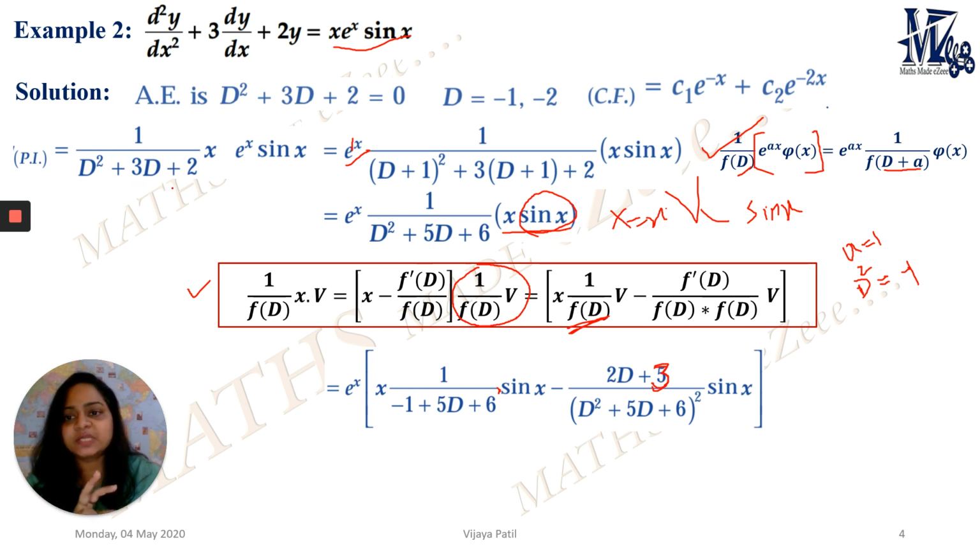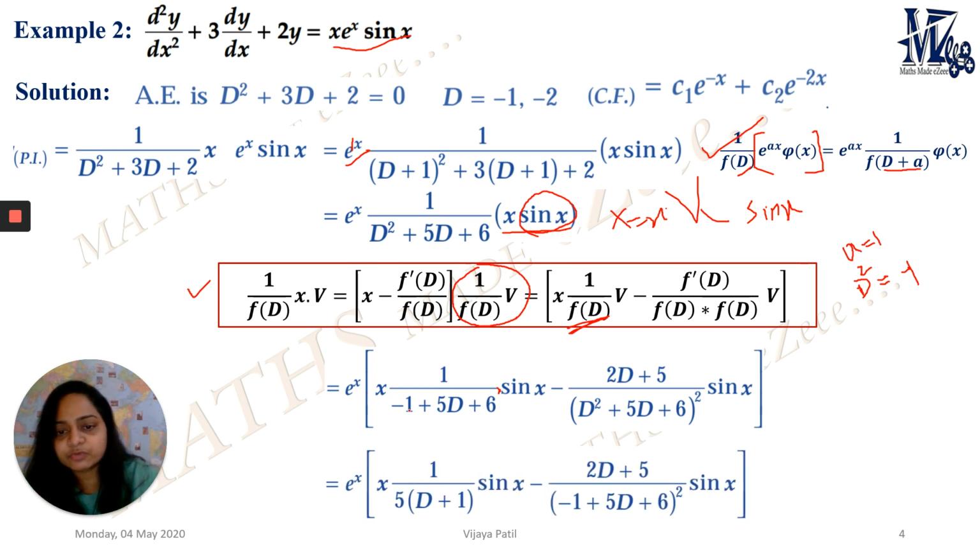So it's D square plus 3D plus 2. Actually, it's 5 only, I'm sorry, because we have replaced this, yes, I'm correct. So it's 2D plus 5, because it's D square plus 5D plus 6, right? The D square in sine of x is getting operated on sine of x. What will happen? This would give me minus 1 plus 6, which is 5, plus 5D. So 5 is out, and 1 upon D plus 1 on sine, minus this 2D plus 5 on this. So it's just D square has been replaced as minus 1. So it's minus 1 plus 5D plus 6, the whole square, sine of x, right?